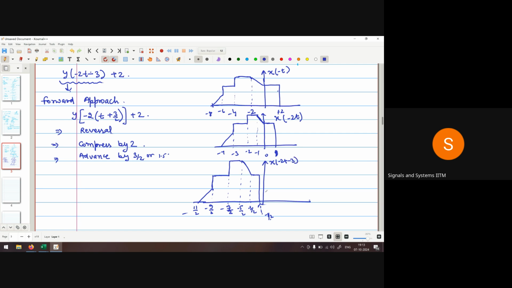Okay. Now we have to add 2. And what is the effect of this signal? This 2 is basically shifting the amplitude, shifting the DC level. So if it is a 0 line and this is a 2 line, so the magnitude is